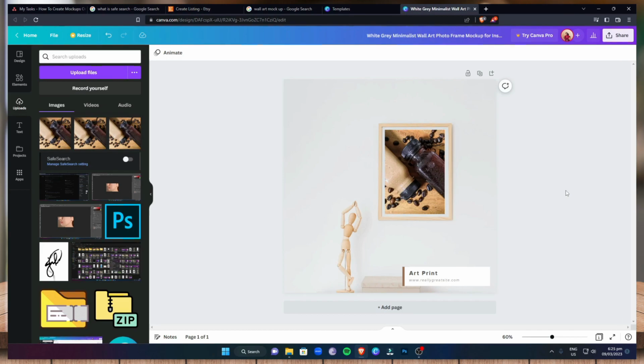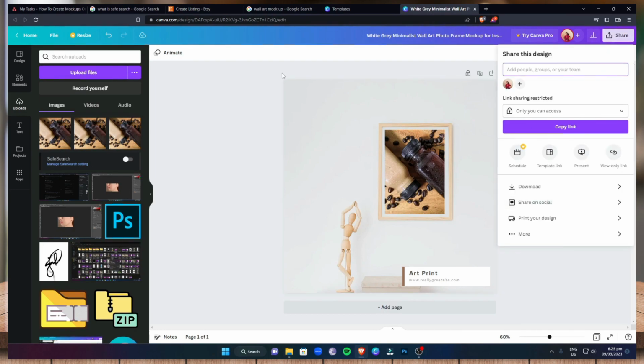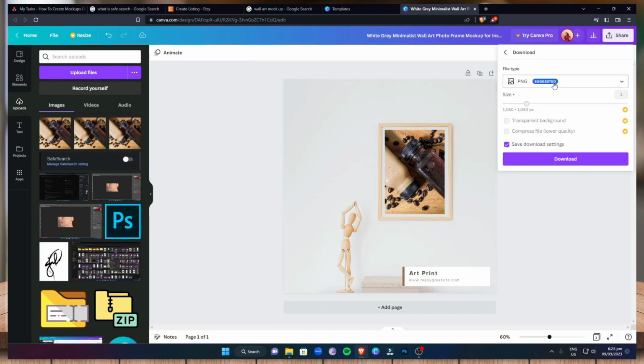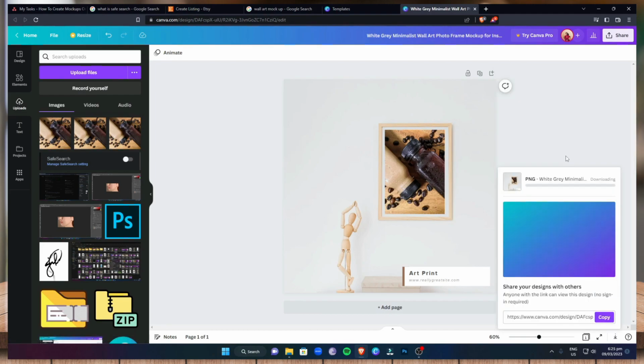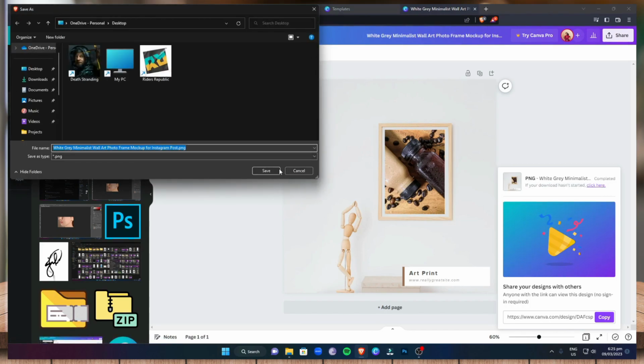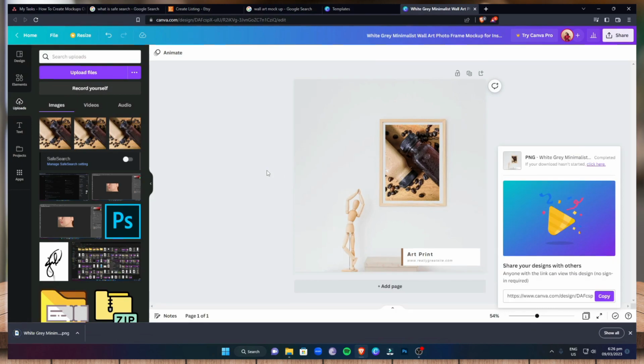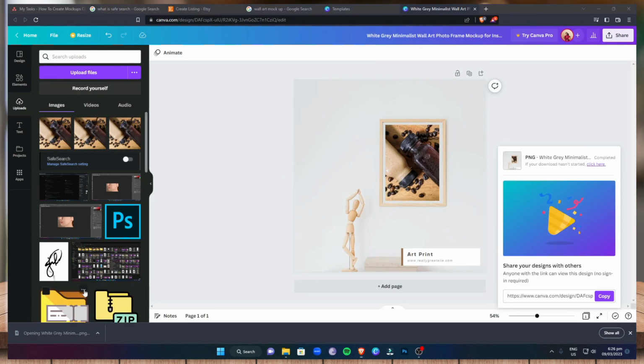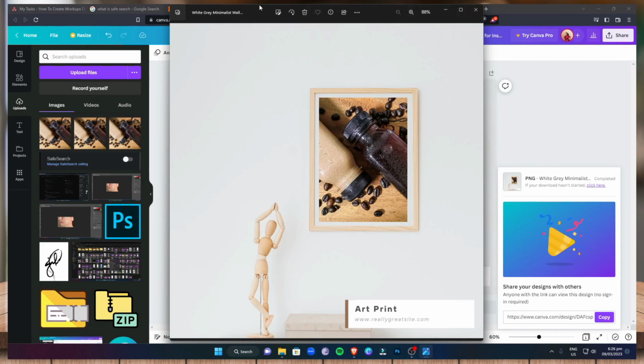Once you're satisfied with the outcome, just go to share right here to start downloading the file that you have created for Etsy. Just click on share and click on download, and make sure the file type is PNG as suggested by Canva, and click on download. Just wait for it to process and just click on save. So this is the file, or this is the image, or this is the mockup that I'm going to use to